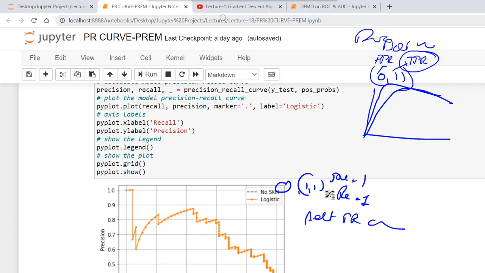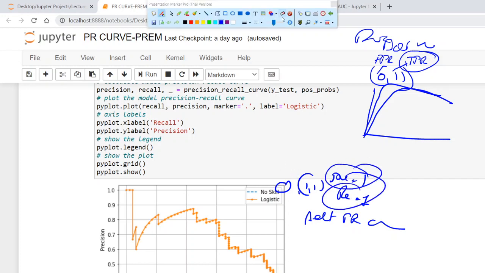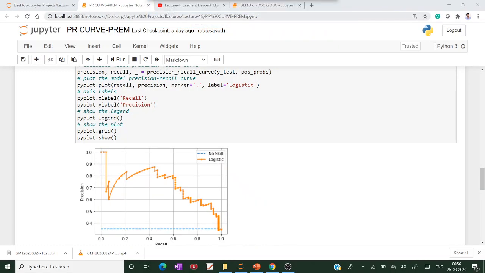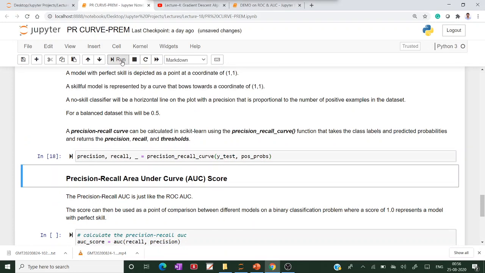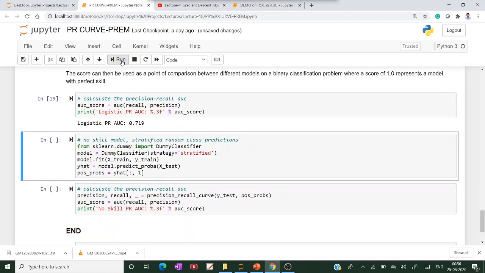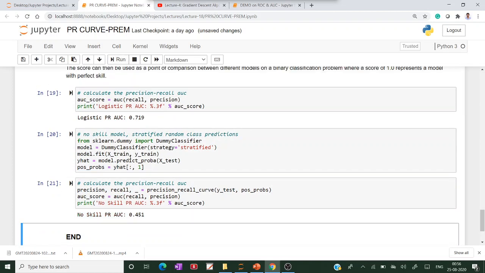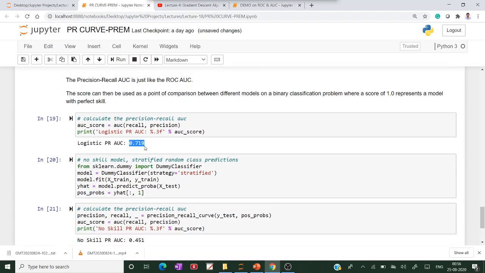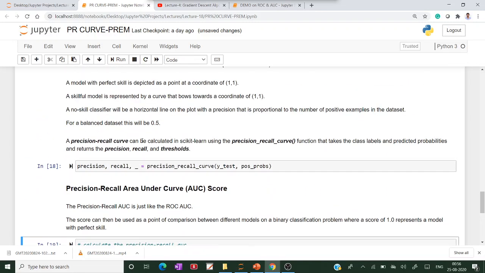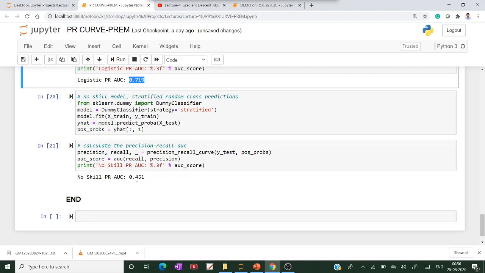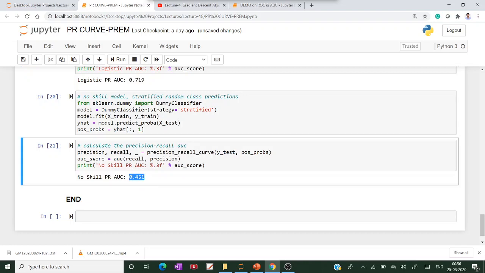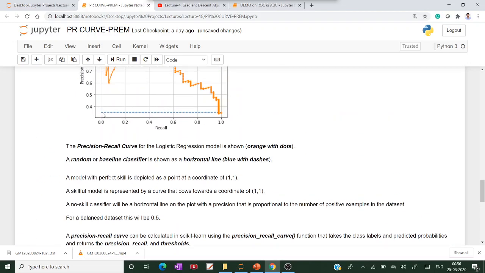In the PR curve, 1 comma 1 means precision should be 1 and recall should be 1. If you see the scores, 0.719 is for this orange logistic regression AUROC, and 0.451 is for this blue dotted baseline.